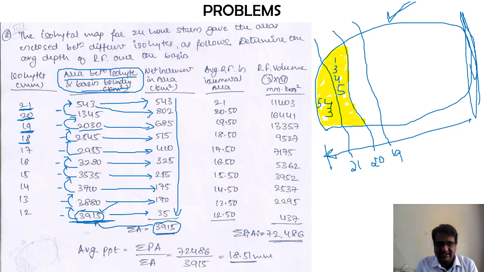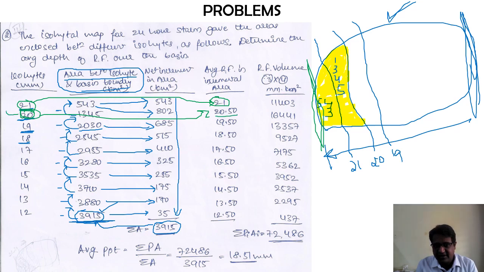So that's why, for the first one, we can take it as the same value, because we don't know what the isoheight value is with this figure. So here we can assume the same value for the first isoheight. But from the second isoheight onwards, it is 20, but here I have written it as 20.5. So how has this 20.5 come? It is the average of 21 and 20. So that itself we have written as 20.5.